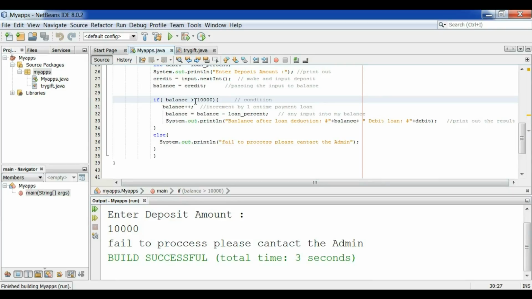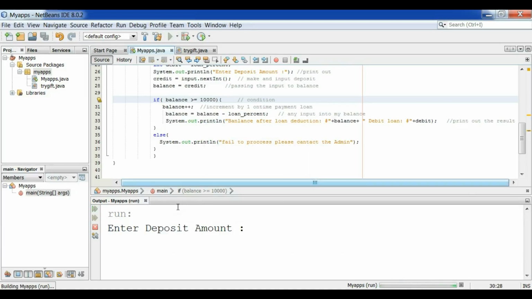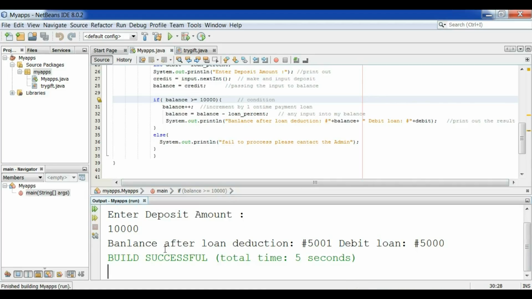I did not say equal to. If I say equal to here and I enter it, it's going to give me something. Cancel that. Okay, now let's say 10,000. Now it prints out, because of the operator shown here. I used the operator to check this and check this. If it's possible, give me this. If it's not, give me wrong. It is equal to this, so it gives me what I pay, and my balance remaining is now